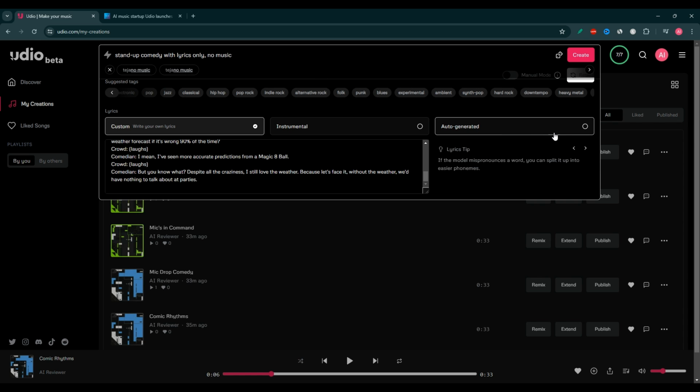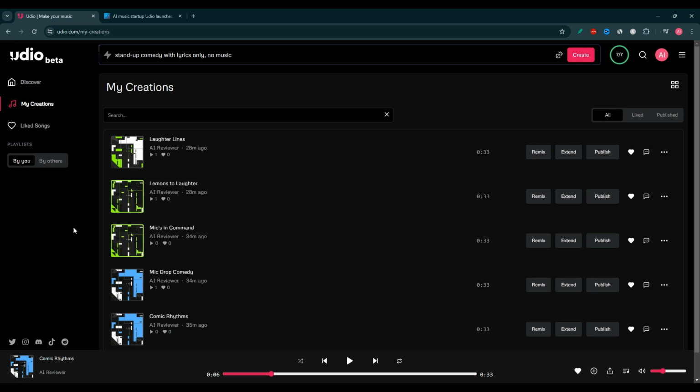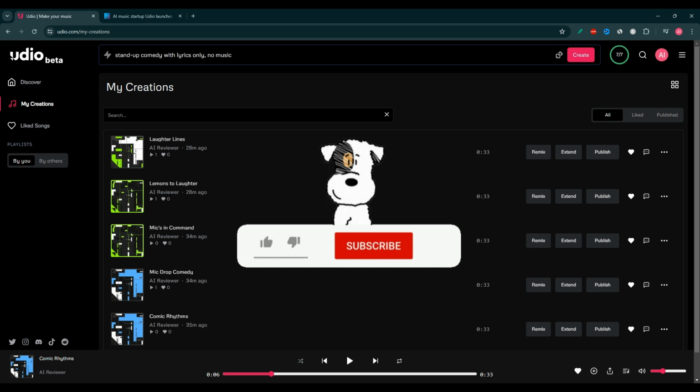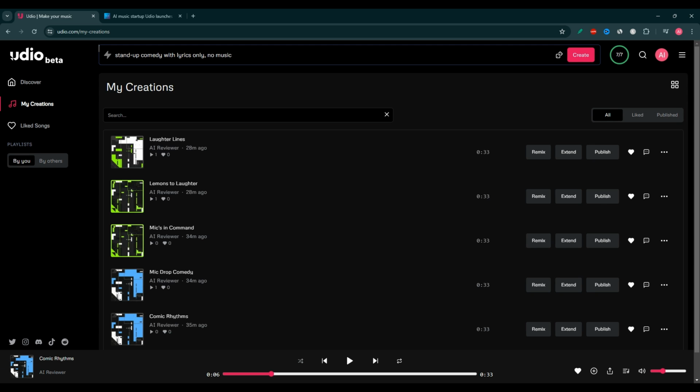And for this particular example, I just chose auto-generated. The way I actually created this was I clicked on auto generate and waited a few minutes. Today the software is quite slow. After login today, I had initial information that the servers are a bit overwhelmed, and many users are currently either testing or preparing their music. So that's why it takes a little bit longer to respond. But still, I got some nicely done stand-up comedies out of that. So it was worth the wait. Let's listen to this one.